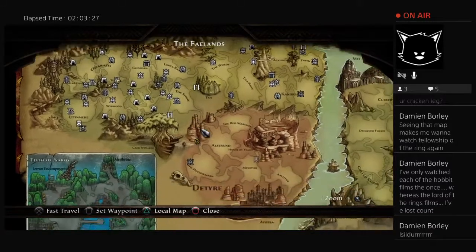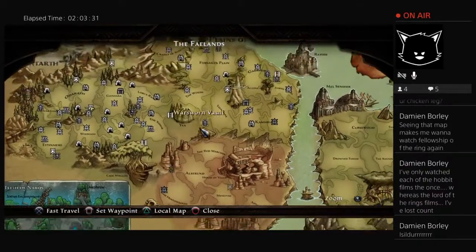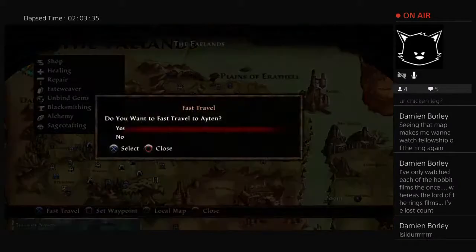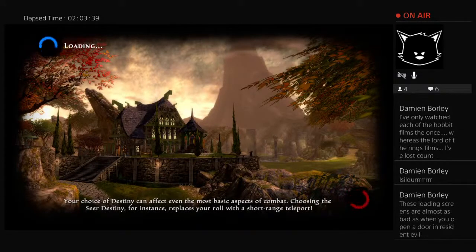So, where is this place? Ah, it's in the tier. Yeah, so we're going to leave that there for that one. I'm just going to pop to Arton quickly. Okay. So, what we're going to do now, we're going to do...